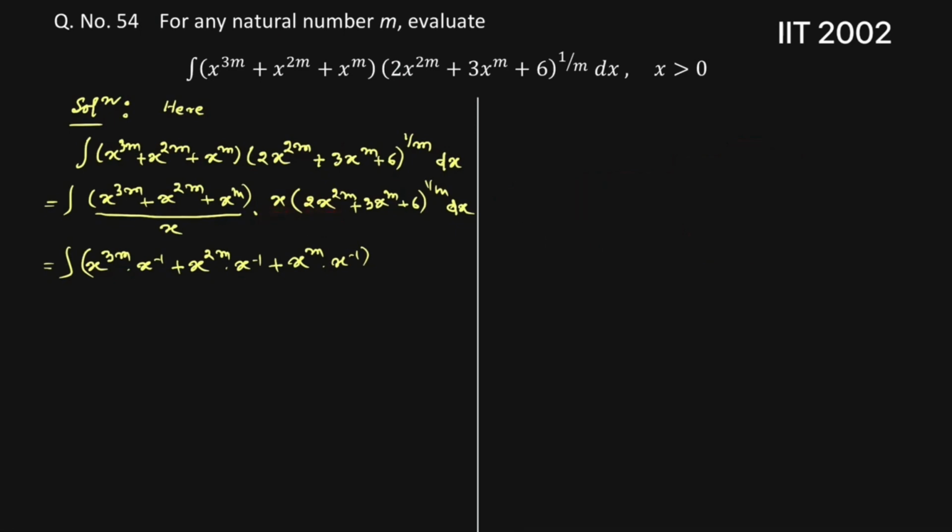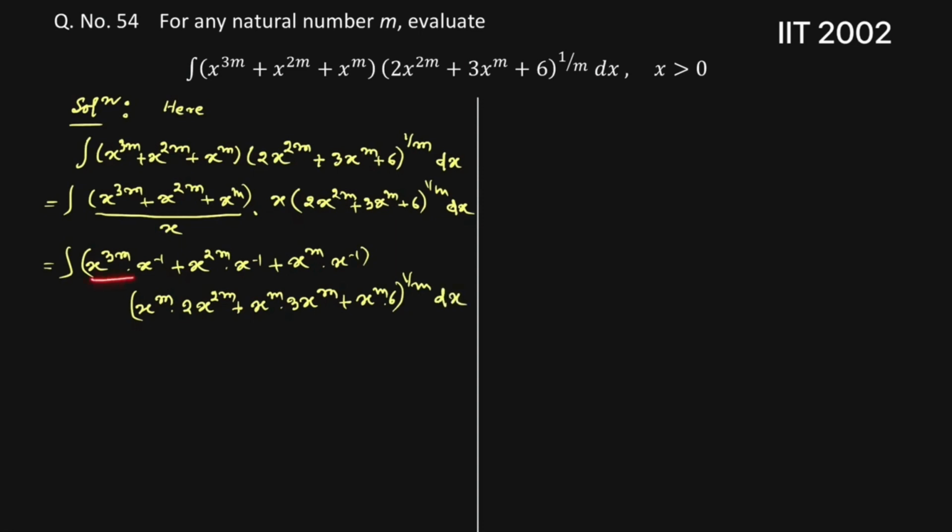Similarly, we multiply x with this term and x with that term. Then this we are able to write as x to power m, 2x to power 2m plus x to power m, 3x to power m plus x to power m into 6 whole to power 1 by m